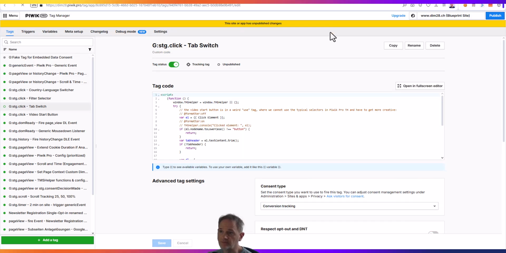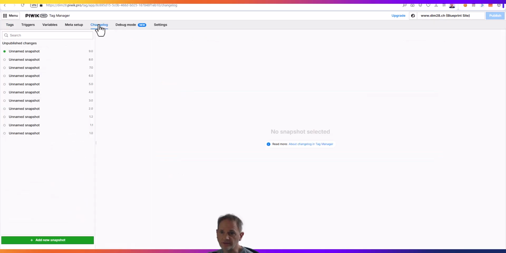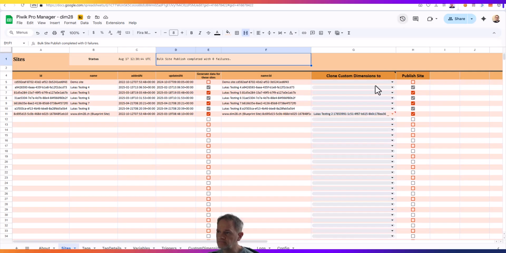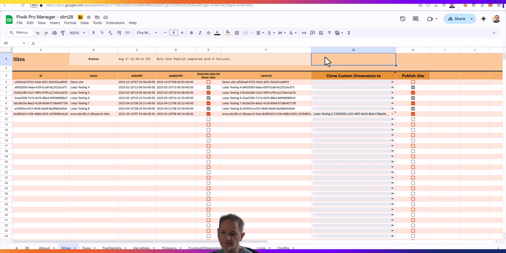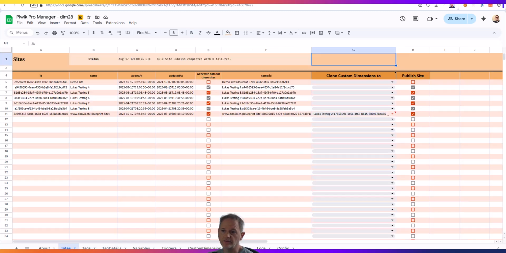Let's go back to that Piwik Pro site. You see that yellow bar is gone, and we see in the change log it has published a snapshot at 2:30. That's just right now. So that's something you want to do after you've done some edits to tags, or if you have done some syncing or copying, and now you're done and you want to